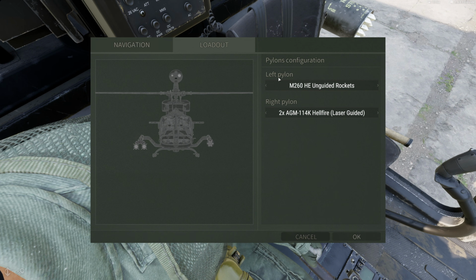After it is done, we can freely edit each pylon loadout. D-addon comes with M260, HE unguided rockets, APKWS laser-guided rockets, DAGR laser-guided rockets, M3M machine gun, and AGM-114 Hellfire missiles. You can mount each weapon on both of the pylons except for M3 machine gun, which can only be mounted